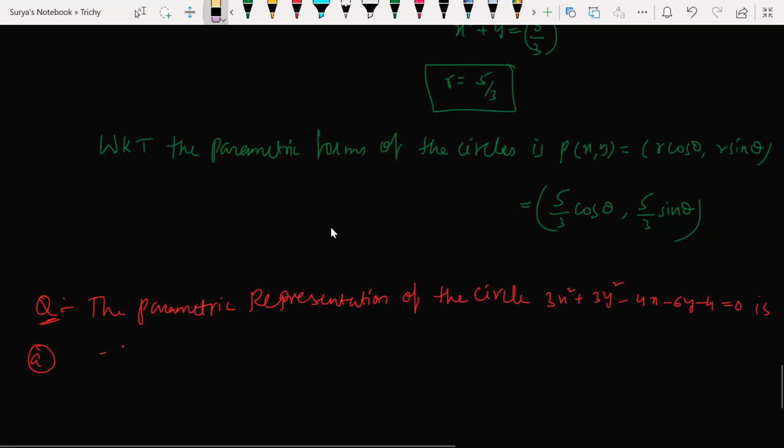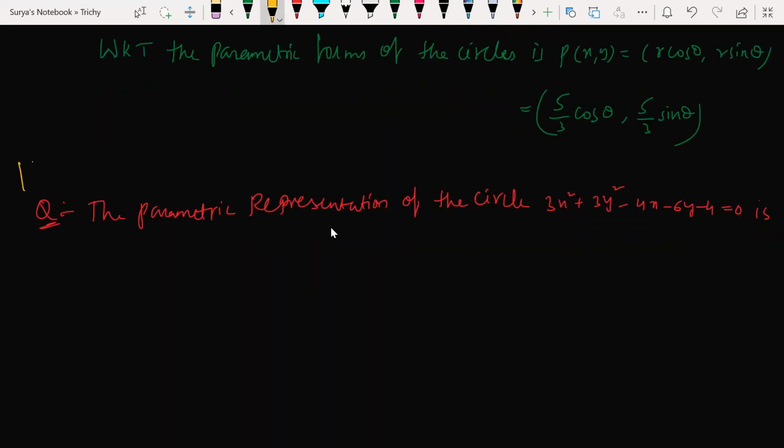You just write it. I don't want to write options. And this is a homework question to you all. And what is the homework? Guys, those who are CBSE students,